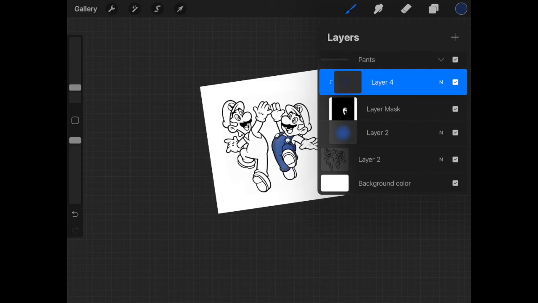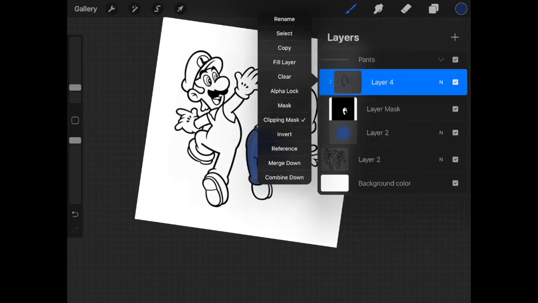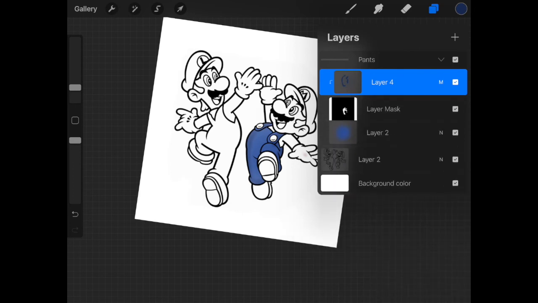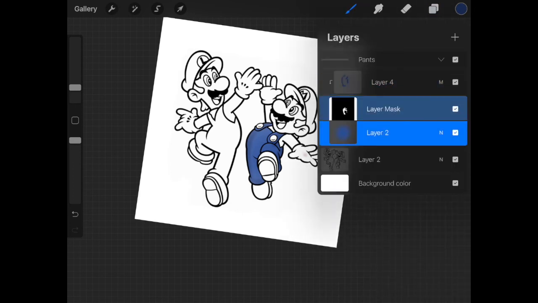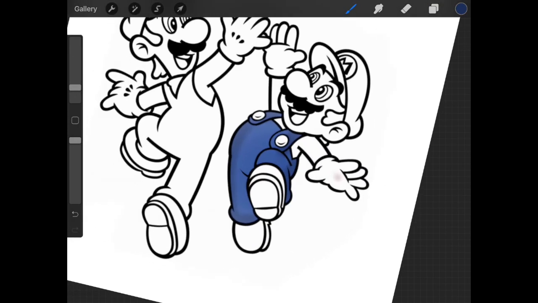Shoulder. There you go. You could also set your clipping mask to multiply, and just turn down your opacity. That's another way of doing some shading. Or you can just do it on the layer that you just did it on, but obviously